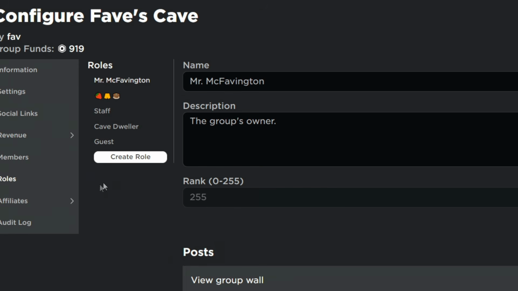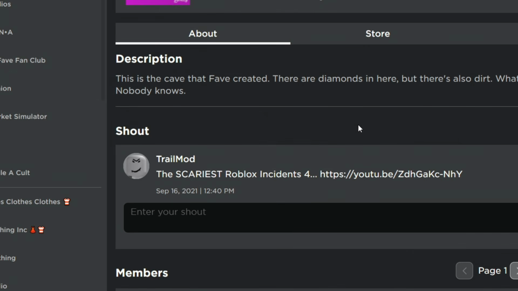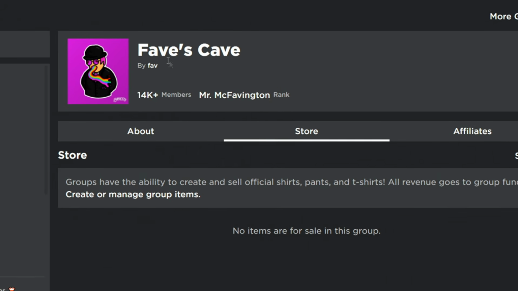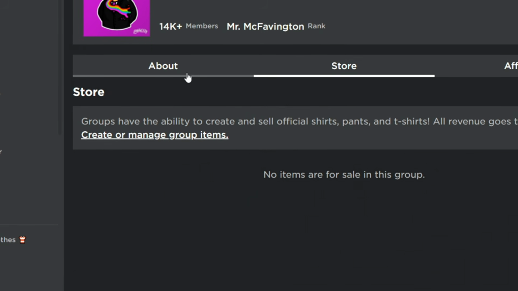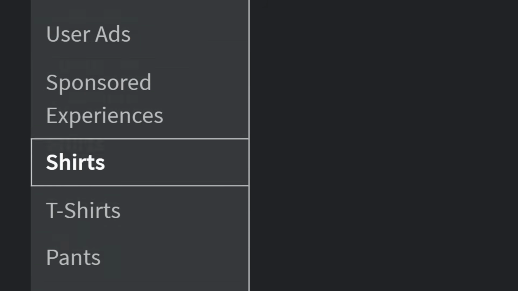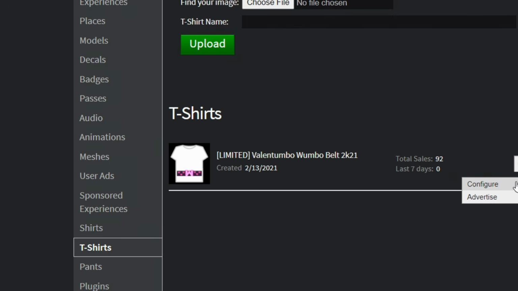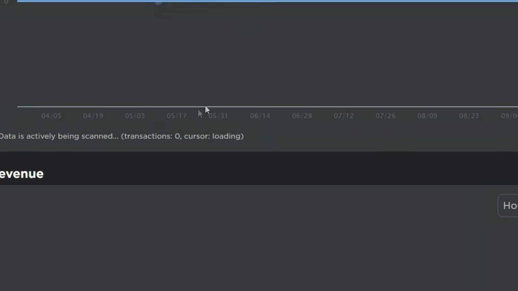But since we're still speaking about groups, you can also take that 40 Robux and transfer it to your group, albeit it still won't be 40 Robux when you're done. But the good part about transferring it to a group is that you could then give it to other people pretty easily. So in your group, for example, we have Fave's Cave here, probably the best group on Roblox. You go to the store and you see creator managed group items. You got to make sure you have enough powers in the group to make items and stuff. So, hopefully you're a high rank. And you go over here on the left and click on t-shirts, so you don't have to pay to upload it. And, for example, let's just say I wanted to put the limited edition Valentumbo Wumbo belt back on sale. Well, if I were to put it on sale for 40 Robux,